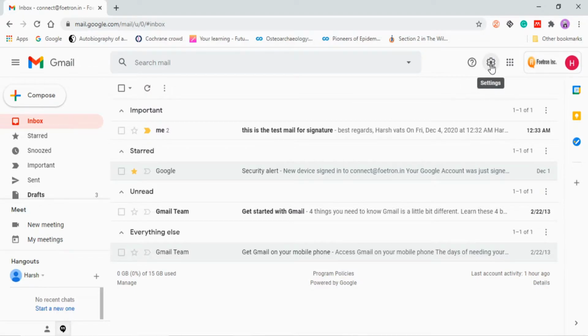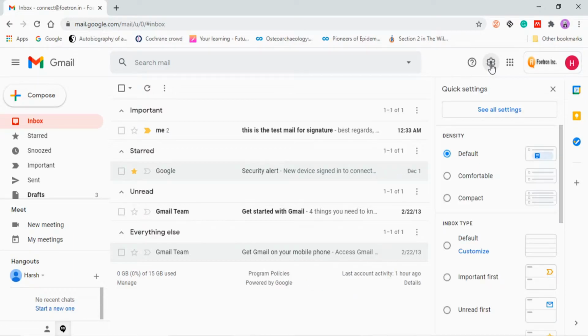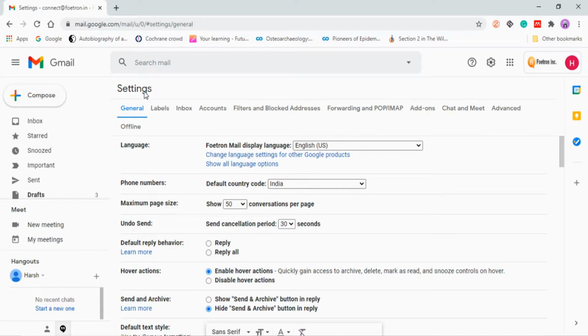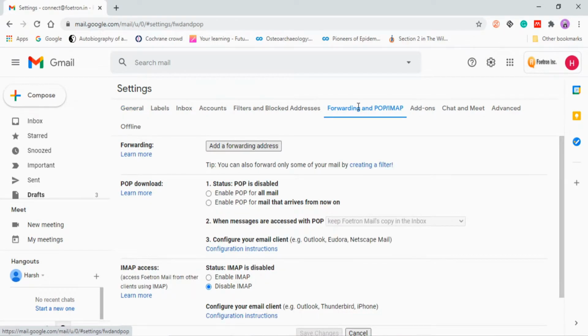Now let's go into the settings where we can turn on our forwarding service. Here you will click on See all settings. When you click on it, it will take you into the settings. Here you will go into Forwarding and POP/IMAP. When you click on it, you will see Forwarding. It will ask you to add a forwarding address.